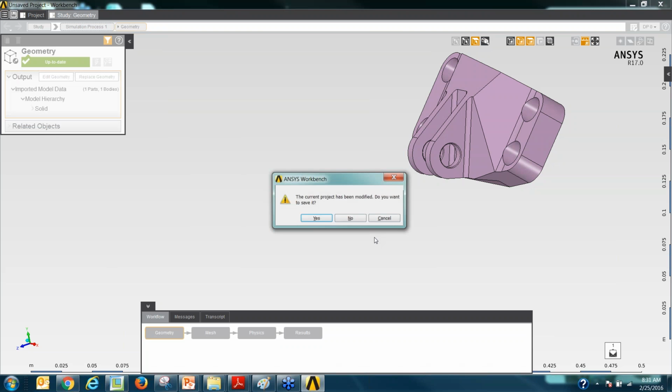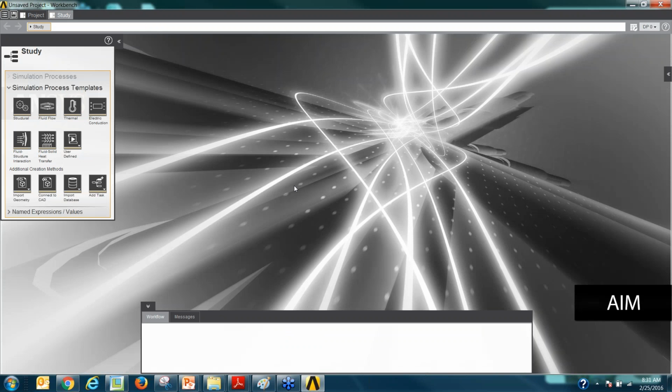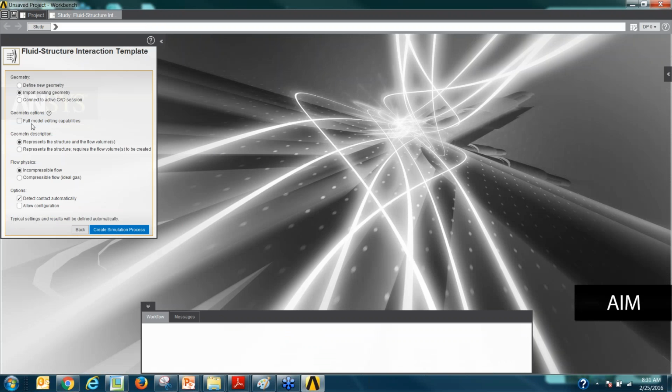Now, let me open up another sample here, but this time I wanted you to see how we would do a multiphysics, because that's one of the biggest strengths, in my view, of Ansys AIM, where you're able to couple these different physics. So, for example, if I were to go into a fluid structure interaction, again I can import, and I could say that I want editing capabilities, or maybe here I don't want editing capabilities. I'm able to allow configuration, because in a fluid